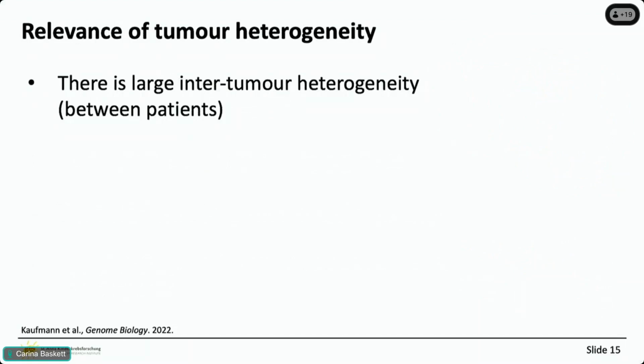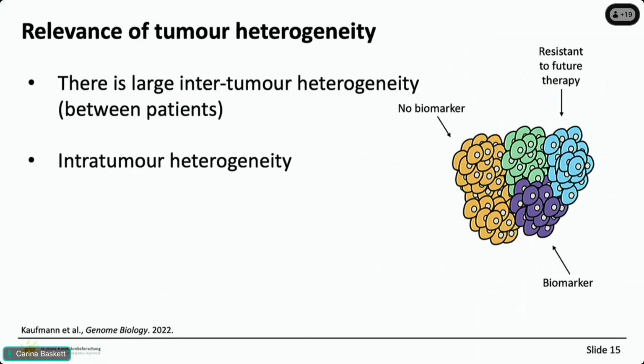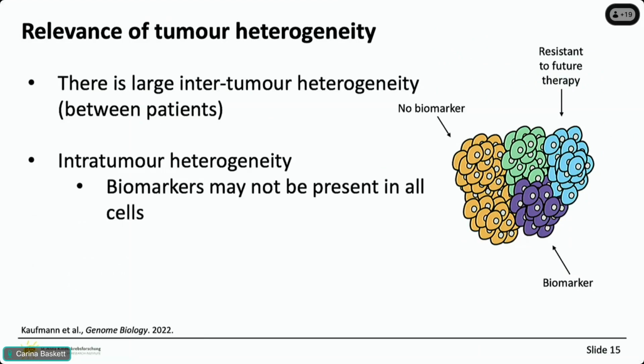And I'd just like to also briefly take a moment to stress the importance of tumor heterogeneity. As I've alluded to already, there's a large inter-tumor heterogeneity, so every cancer is quite different from one another. But what we're obviously particularly interested in is intra-tumor heterogeneity, so within these tumors. And what does this mean from a clinical perspective? It means that genetic biomarkers that might be predictive of how patients are doing are not necessarily in every cell within that tumor, and so you have a certain chance of sampling that cell or not.